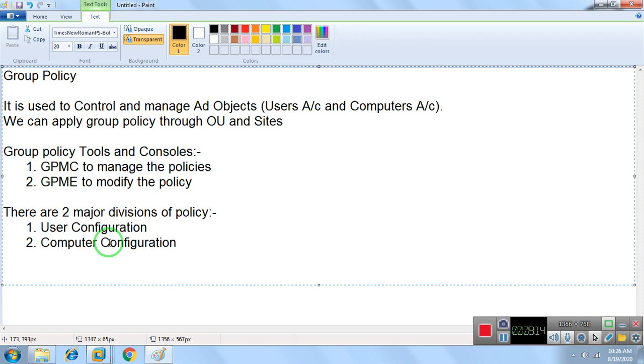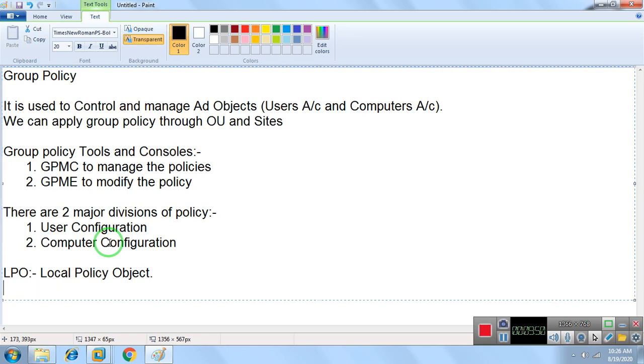In short form we call it LPO, local policy object. Whether it is a virtual server or a physical server, local policies are working by default.